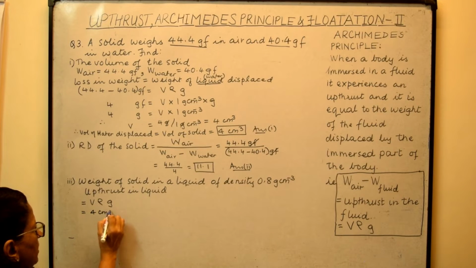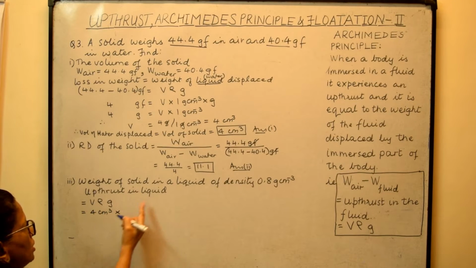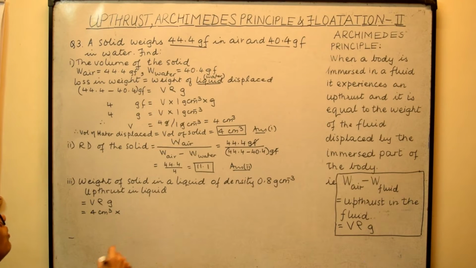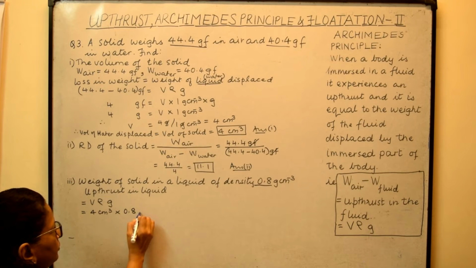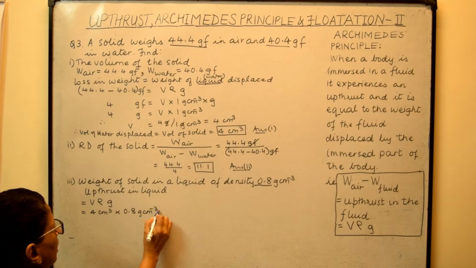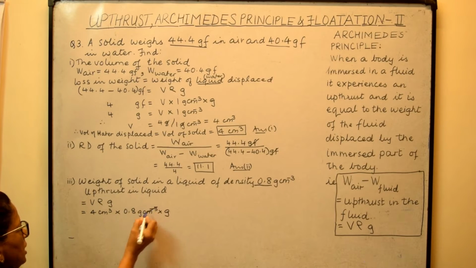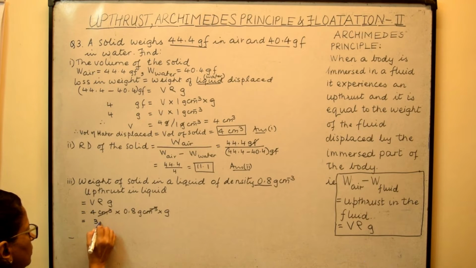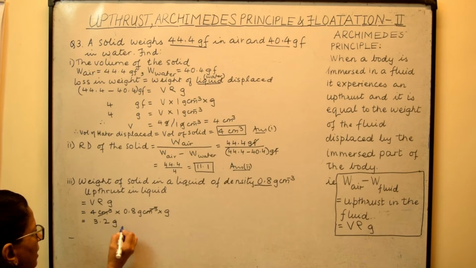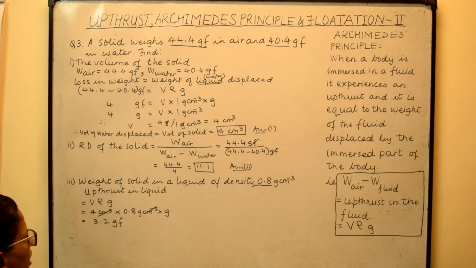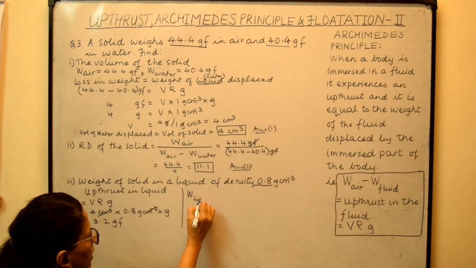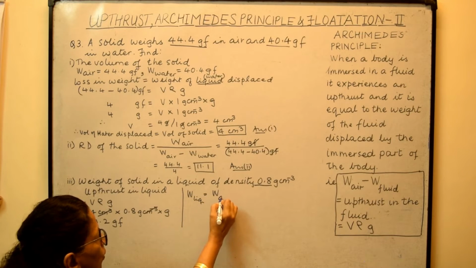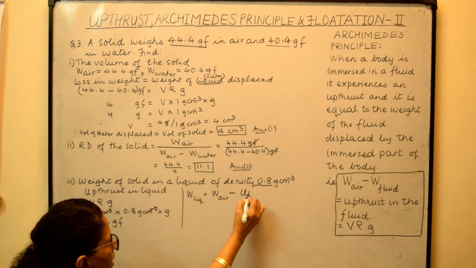So we will write 4 centimeter cube multiplied by rho, that is density of the liquid, which is provided as 0.8 gram per centimeter cube, and multiplied by G. Centimeter cube got cancelled, 8 4s 32, so 3.2 gram, and I am removing this gravitational acceleration and I am putting 3.2 GF. If this is the upthrust, then the weight in liquid is going to be weight in air minus the upthrust,